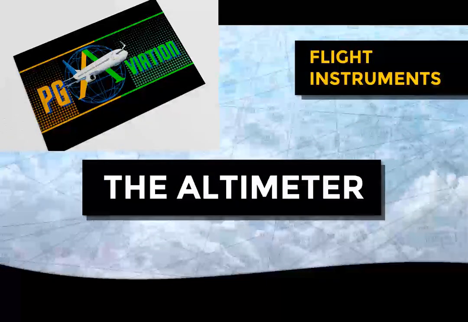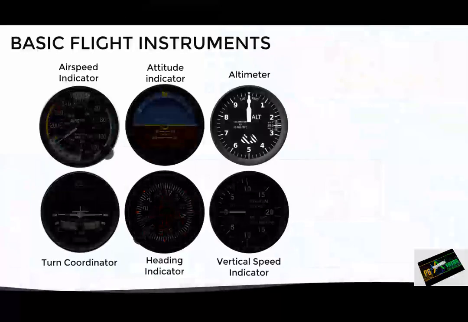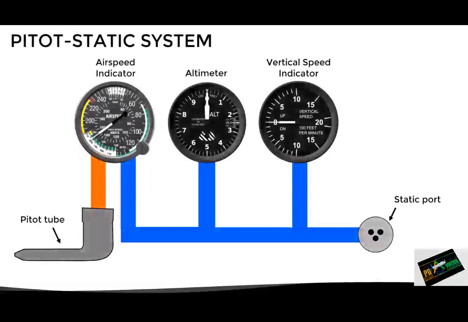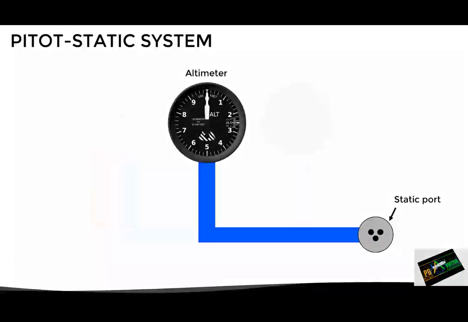Today, we will talk about the altimeter. The altimeter is one of the basic flight instruments, and it is connected to the pitot static system, which we discussed in a previous video. Here we have a simple schematic of a typical pitot static system. As we can see, the altimeter is connected only to the static port, which means that it receives static pressure